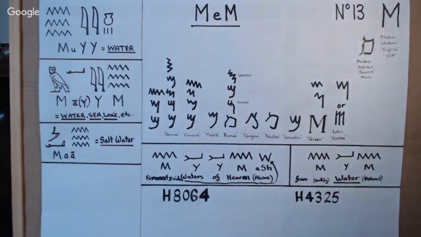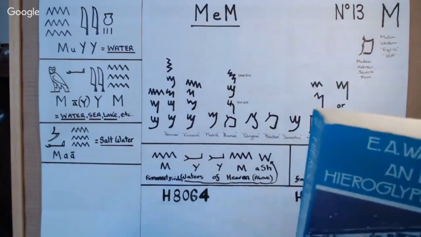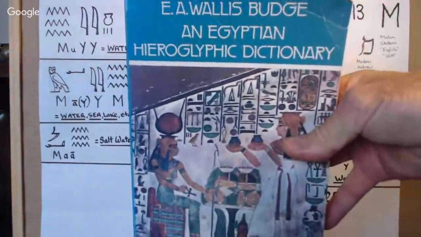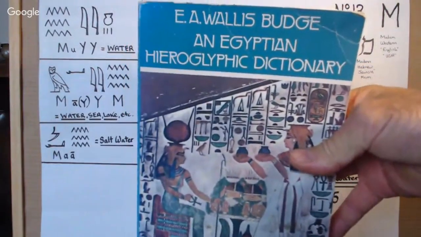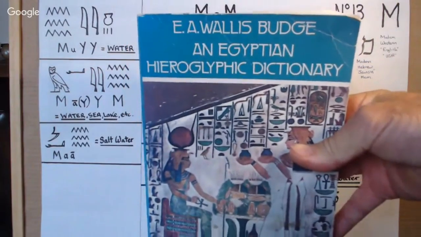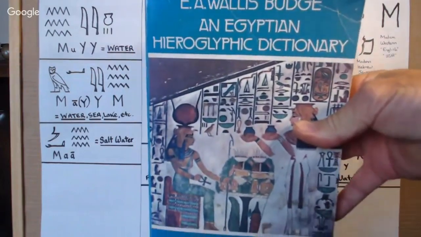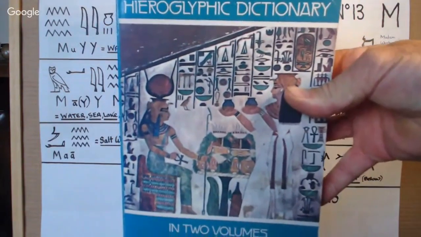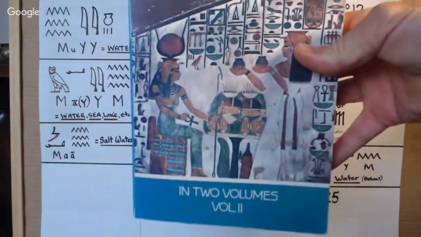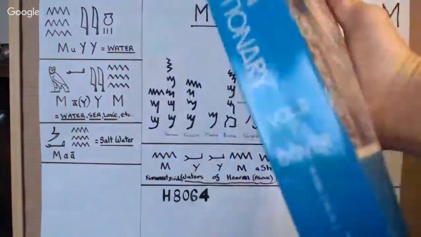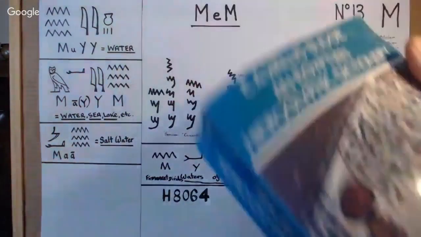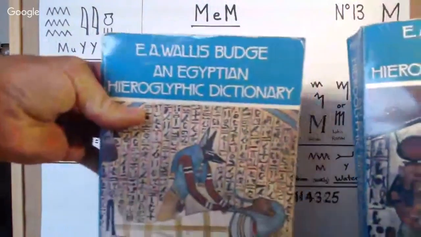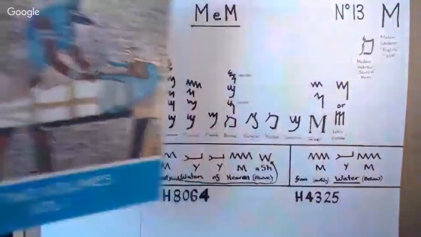And excuse me a moment. So what we're getting it from is this one here. E.A. Wallace Budge, who was the keeper of the Egyptian antiquities at the British Museum, in 2 volumes. This is volume 2. Yeah, this one's volume 1. You've got the 2, you see. So this is where it's coming from,